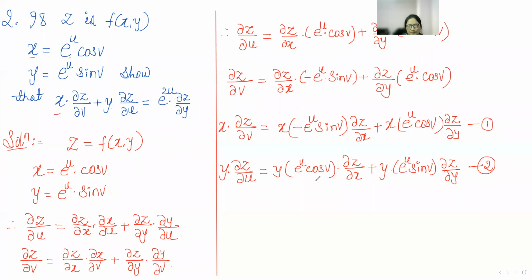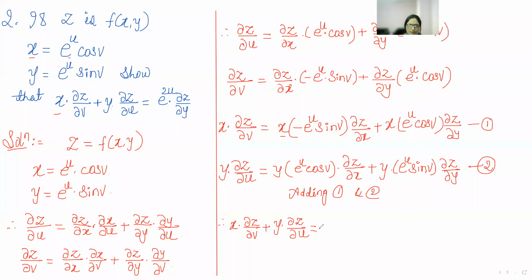Adding 1 and 2. And here in the first expression and second expression, on the right hand side we should put the value of x. What is x? e^u into cos v. What is y? e^u into sin v. So here we can write x ∂z/∂v plus y ∂z/∂u